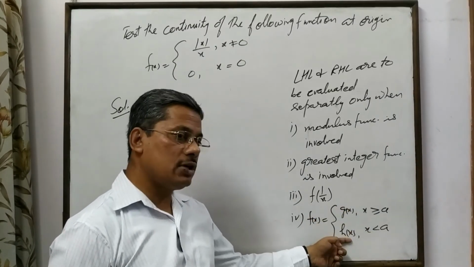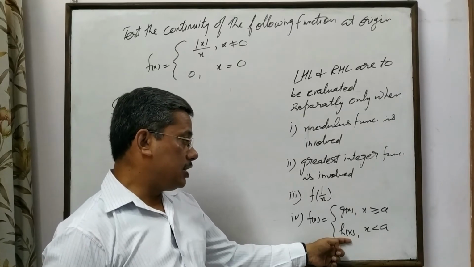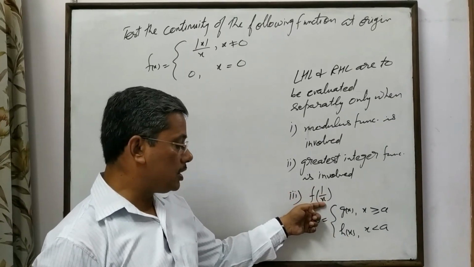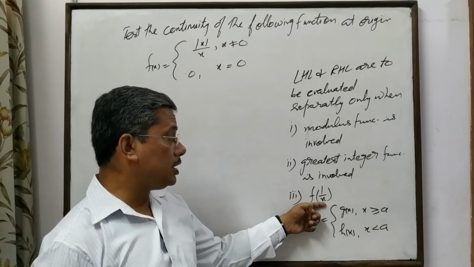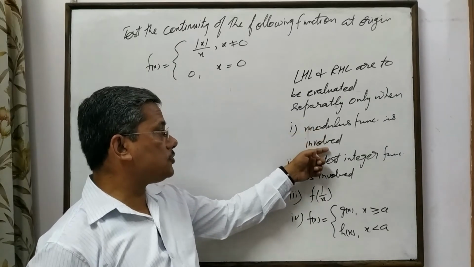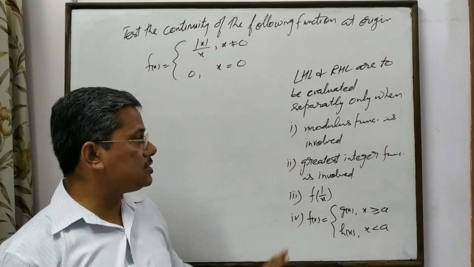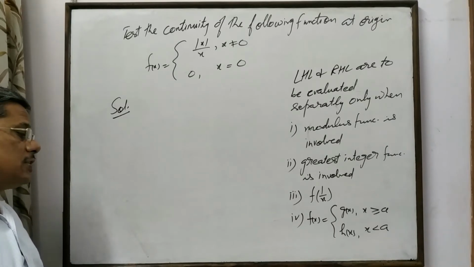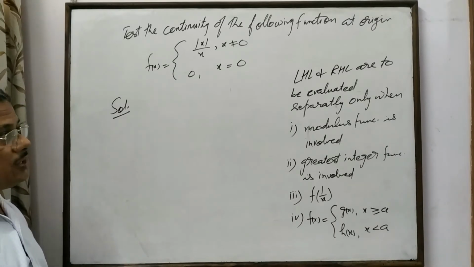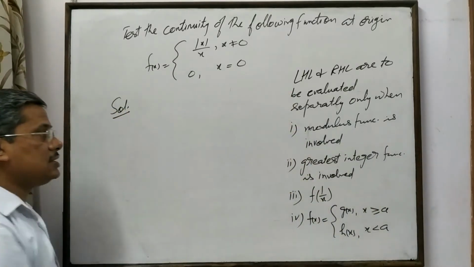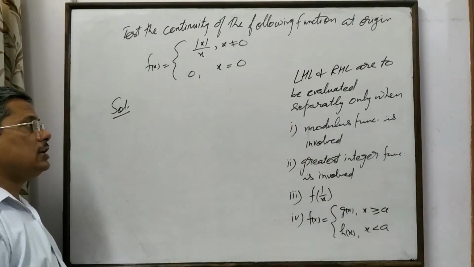Over there we calculate left and right hand limit separately, or if function of 1 upon x is involved, then also we calculate left hand limit and right hand limit separately. Greatest integer function is involved and modulus function is involved. So in these four cases we calculate left hand limit and right hand limit separately, otherwise there is no need to calculate them separately. So there are only four cases where we calculate left hand limit and right hand limit,